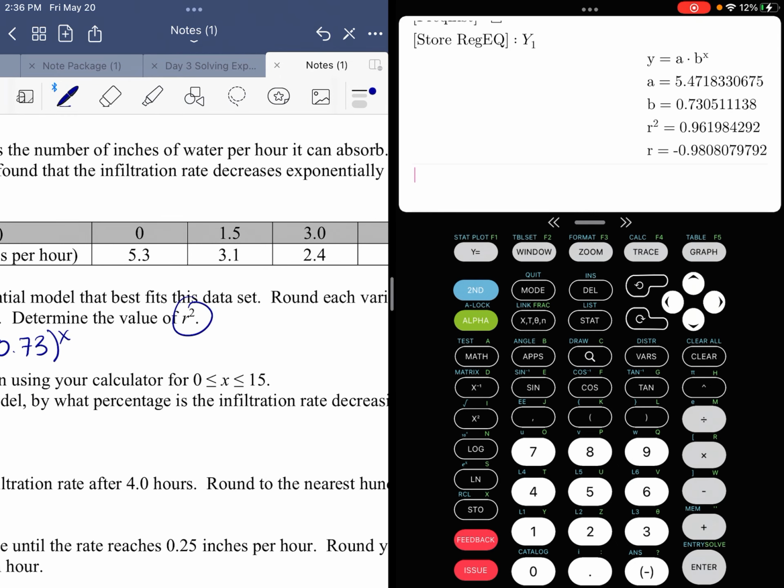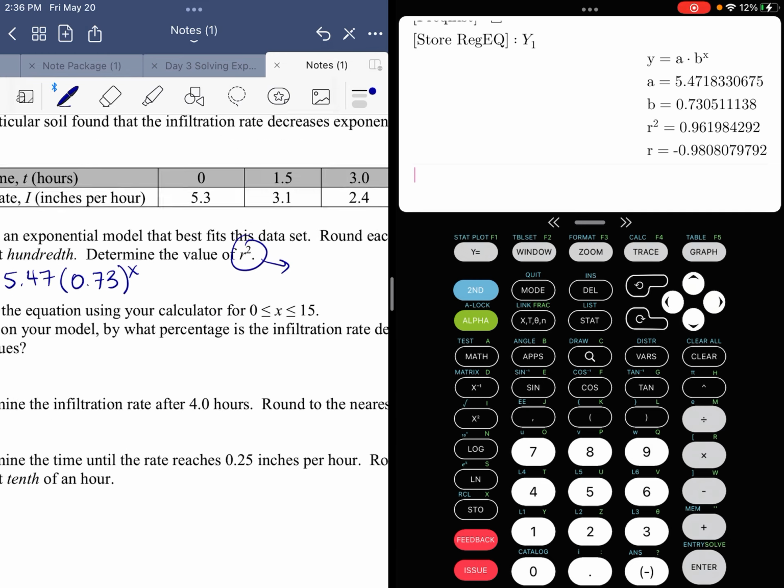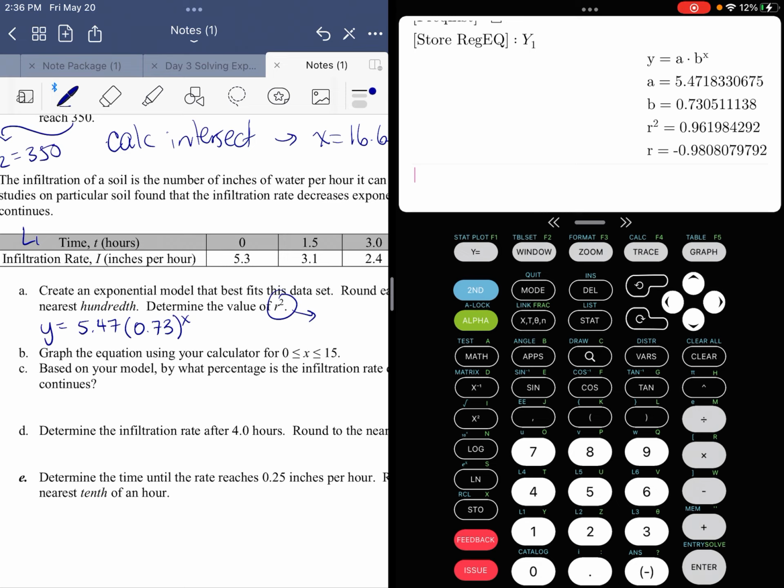Okay. Now this r squared value I haven't talked about yet. My app doesn't show it on this calculator. Let's finish this question off and then I'll come back to the r squared question if I can remember what